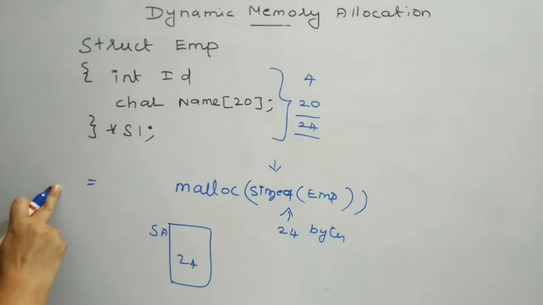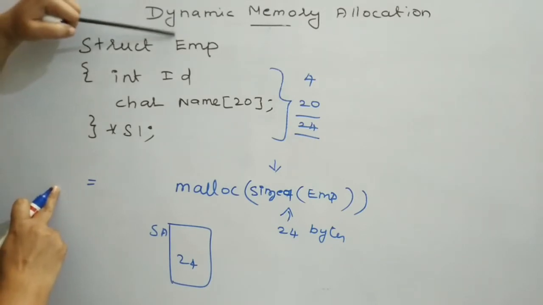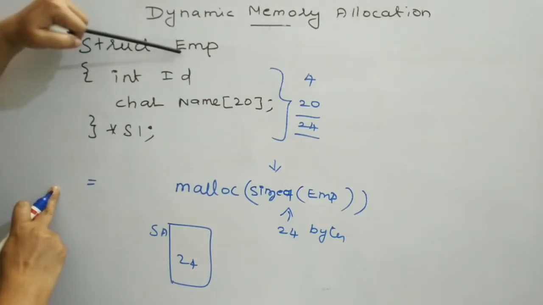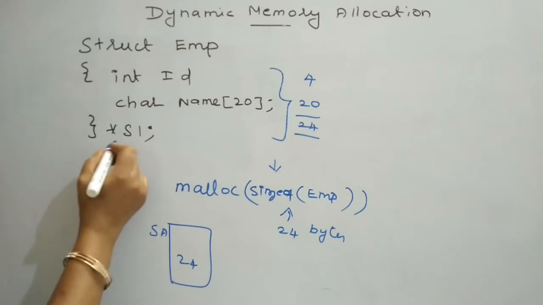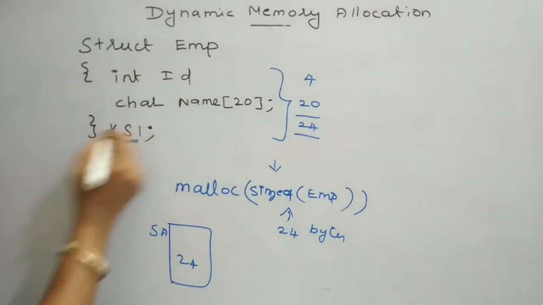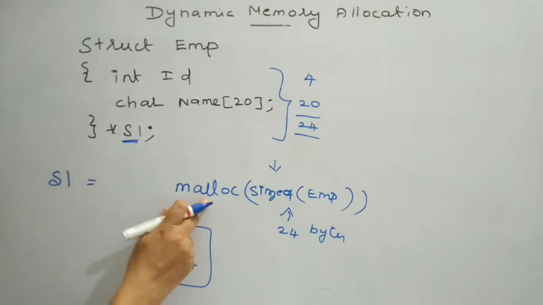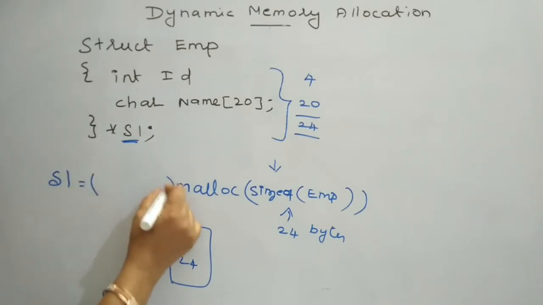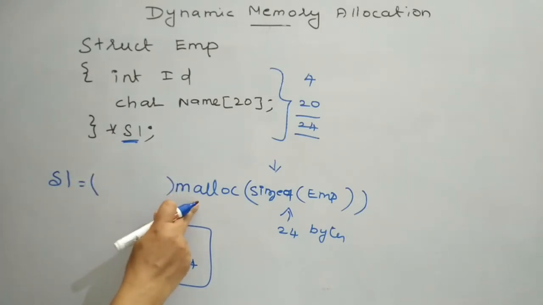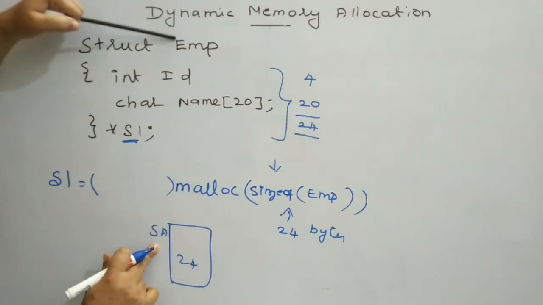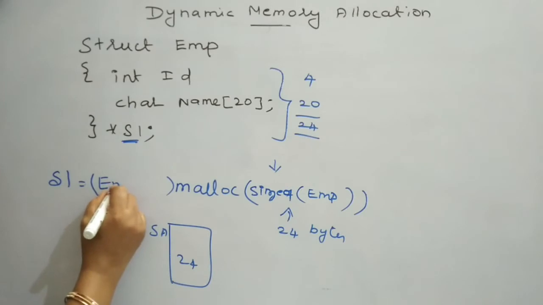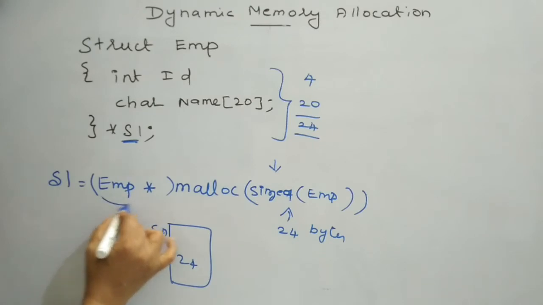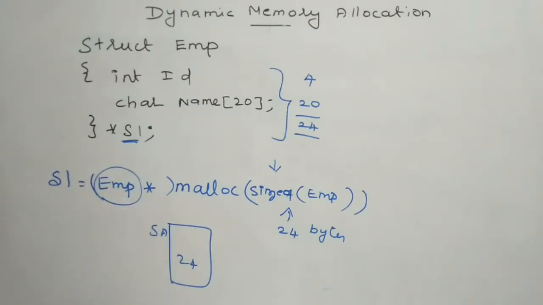To store the starting address, I need a pointer variable, that too a pointer variable of this structure, since it allocates the memory block to store the value of this data type, that is, employee. So I have declared a pointer variable to this structure, that is S1. The memory address returned by malloc may be assigned to this pointer variable S1. Before assigning values, I need to typecast. It is going to return a memory address of this structure employee, so the typecasting specifies emp *. It specifies that it is going to return a memory address which points to this structure, employee.